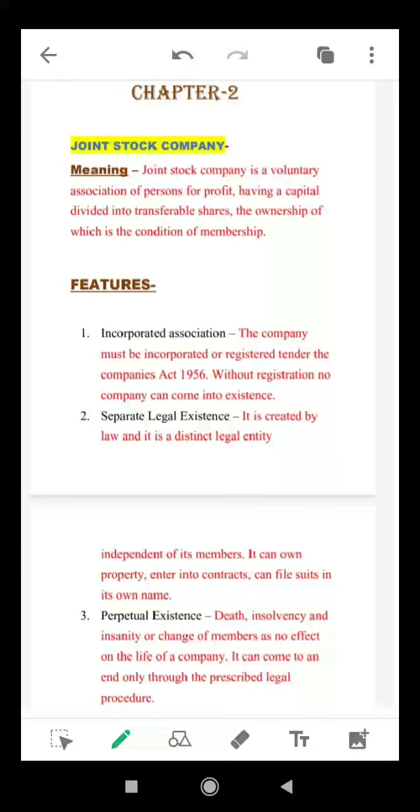Hello everyone. So today we are going to learn the fifth form, and it is also the last form of organization. So that is joint stock company, or we can call it a company. Both are the same. So basically we started from different forms of organization, and we learned about sole proprietorship, then Hindu undivided family, then partnership and cooperative societies. So today we are going to learn about joint stock company, or we can call it company.